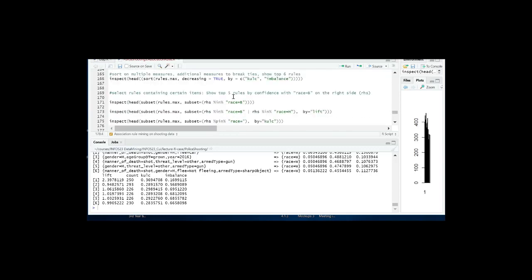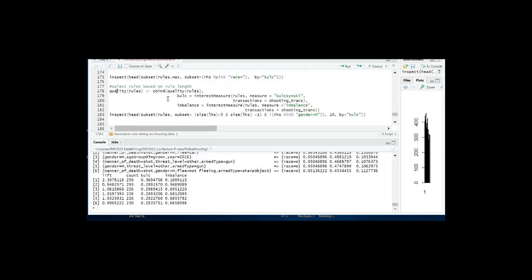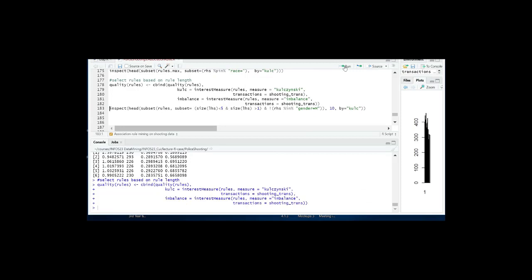So to this rule set, I attached those new quality measures. So let me attach that. And then I can inspect those rules. I want to look at the rules by Koh, by the Koh value, and give me the top 10 rules matching this condition.